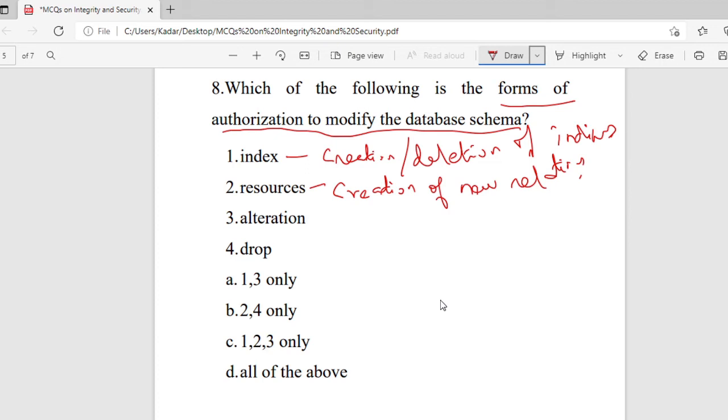This one allows the addition or deletion of attributes in the relation. Then the fourth one is about drop authorization. This one allows the deletion of relations.